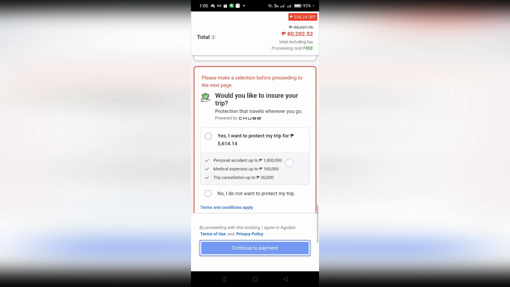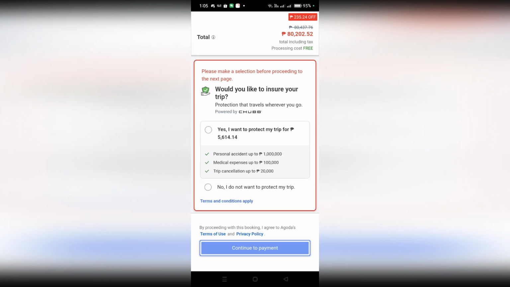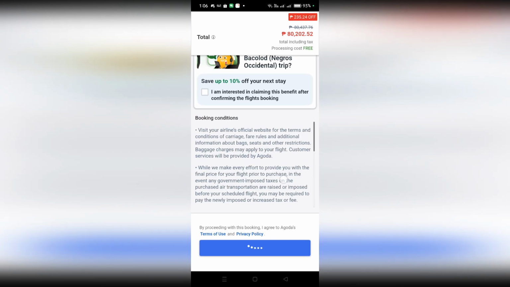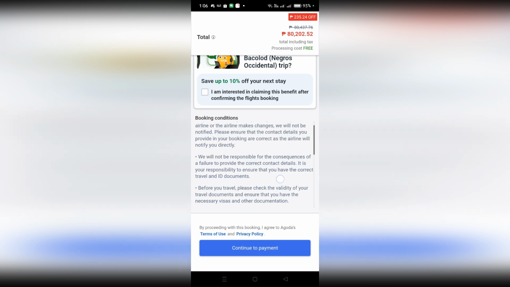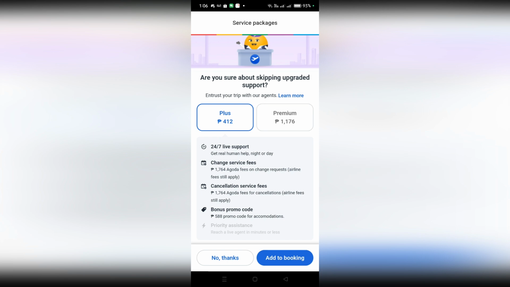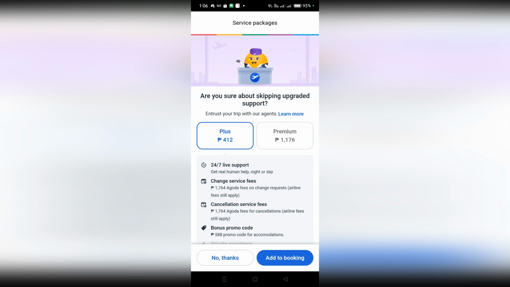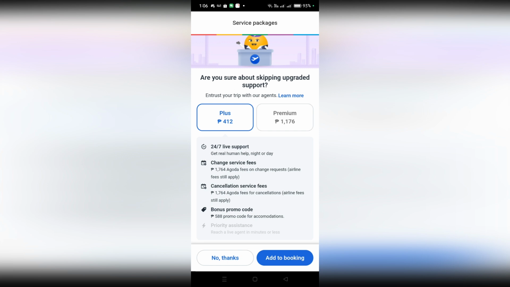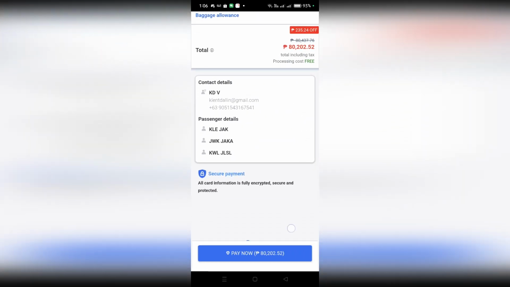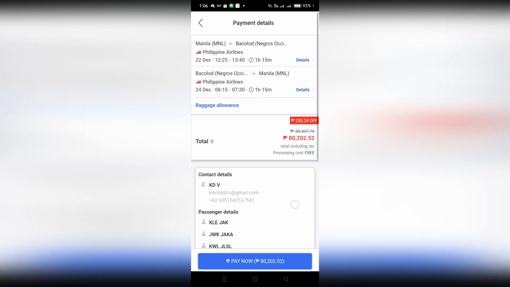Would you like to insure your trip? Oh, you can also insure your trip. Right now we're not gonna add that because 80,000 is a lot. There you go. Then continue. As you can see right now we are here. Service package premium. Are you sure about skipping upgrade? No thanks. There you go. And there you go, guys. You will now be located right here